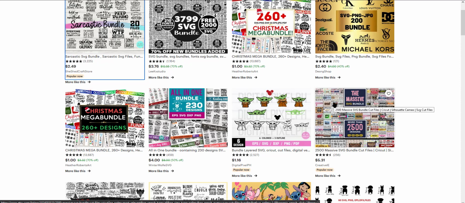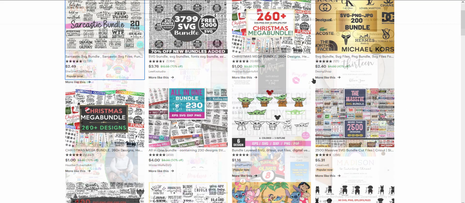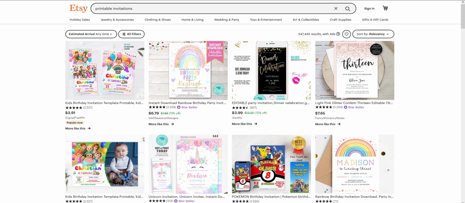So once you've made a whole bunch, you can just rebundle them and say mega bundle, and charge a little bit more instead of like the $1 here or there. But now this one is pretty much